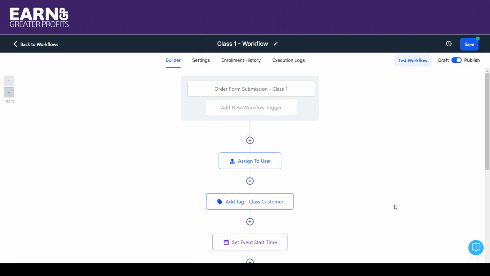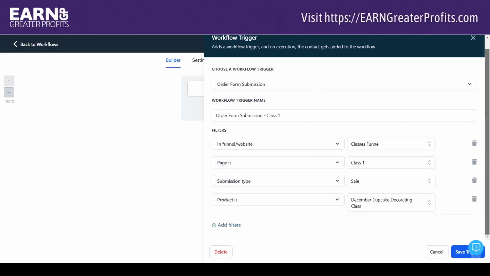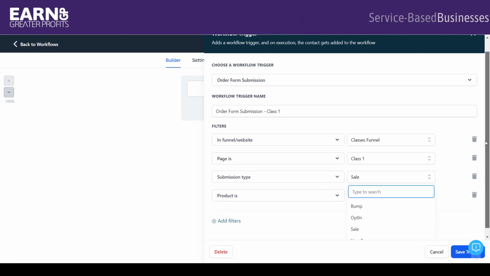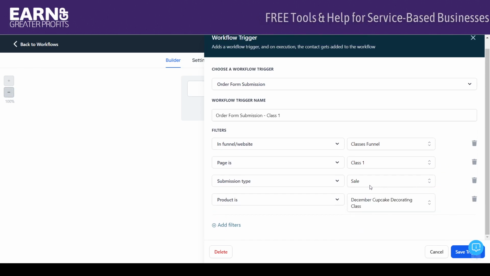So we save the trigger. When they purchase from that page, that class, and the sale, I wanted to make sure that, again, you want the submission type to be sale. You don't want it to be anything else. And it's got to be on there. Otherwise, if they just fill out the first part of their information,